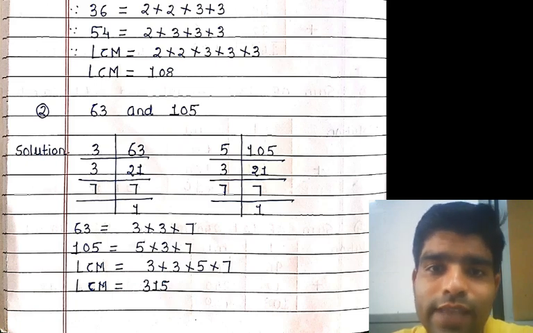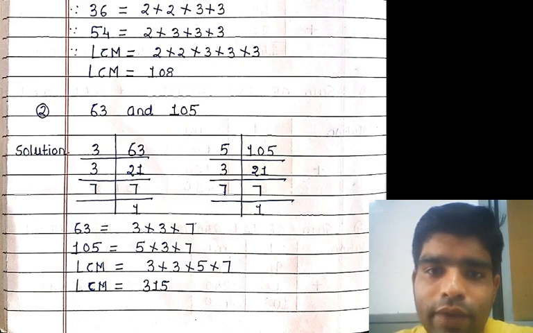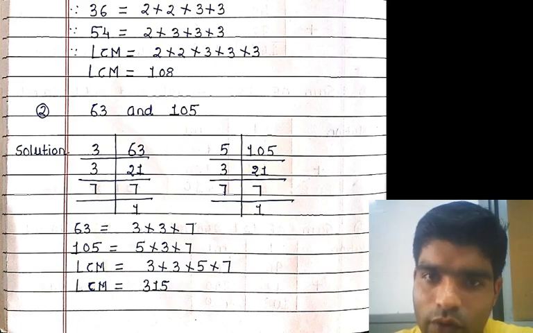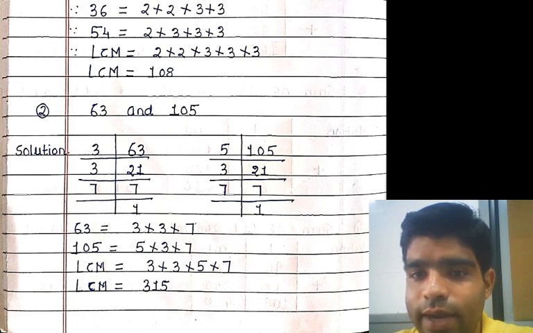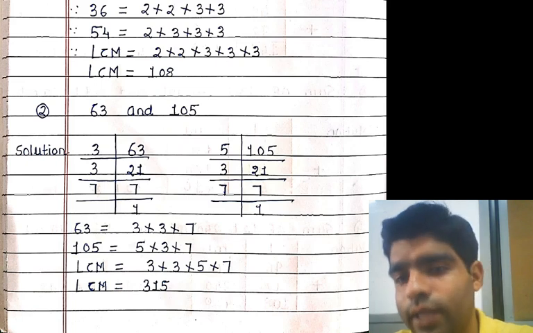Okay, now in the same way we have to find 105 by using the factorization method. 105 is divisible by what? This is our 5. Okay, so simple. 105 divided by 5. We write 105 on the first row and write 5 on the other row. Now we divide it. This is our 21, because 5 times 2 is 10 and 5 times 1 is 5. Okay, so we write down the 21. And 21 is also divisible by what? 3. So definitely we write down the 3, 3 times 7 is 21.